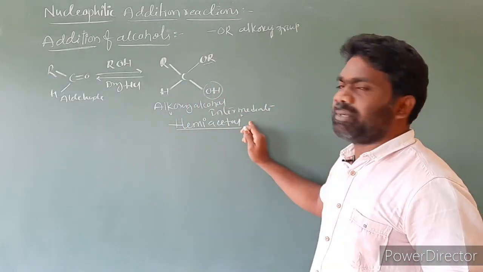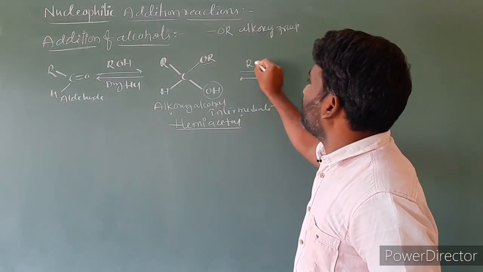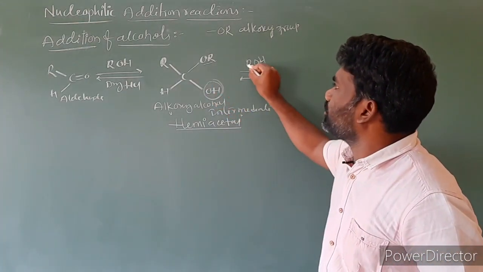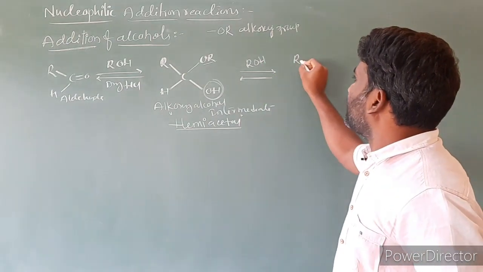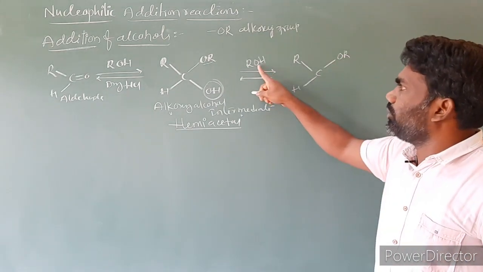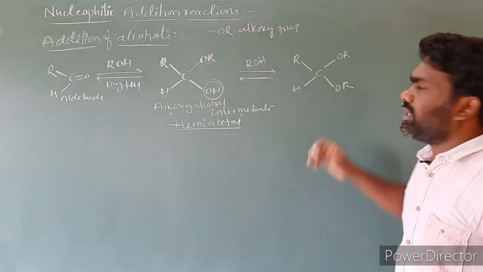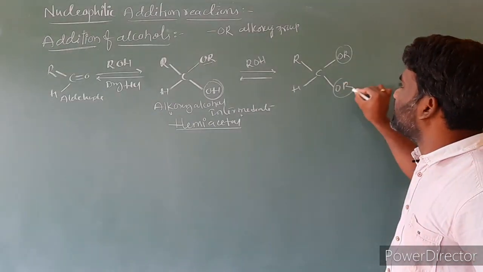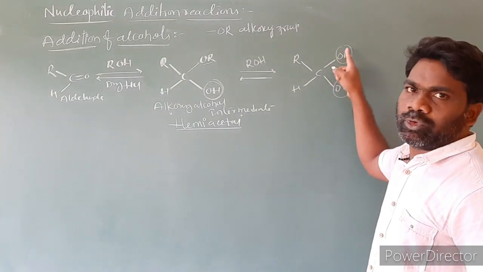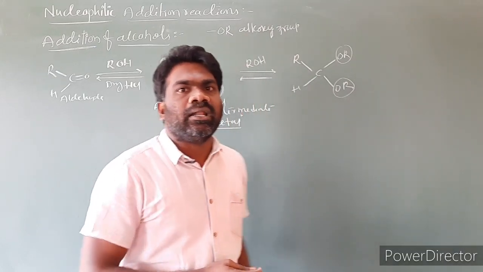Then this alkoxy alcohol intermediate, the hemiacetal, further reacts with one more alcohol molecule. I am taking one more ROH. With one more molecule of alcohol, simply remove this OH and substitute an alkoxy group. Then the product is RCH(OR)2. This is one alkoxy group, and we add one more alkoxy group from this alcohol OR. So we added two OR groups, one alkoxy group and another alkoxy group. OR means alkoxy group. So on this one carbon, both alkoxy groups are attached, so we call it a gem dialkoxy compound.